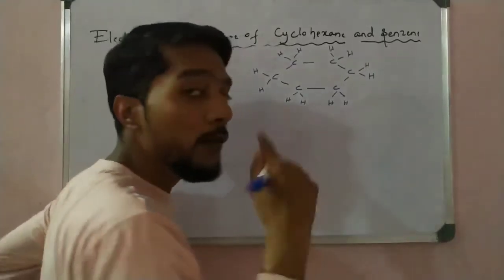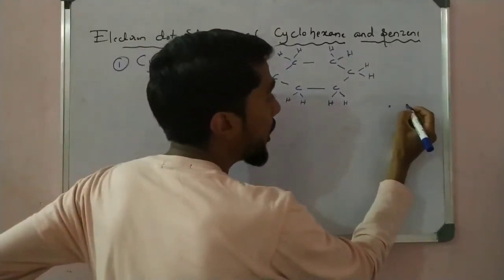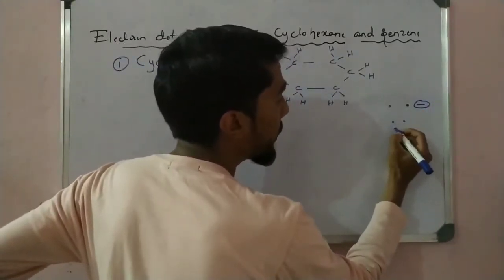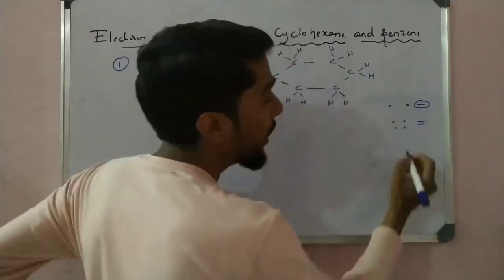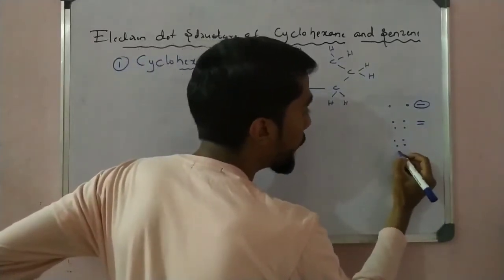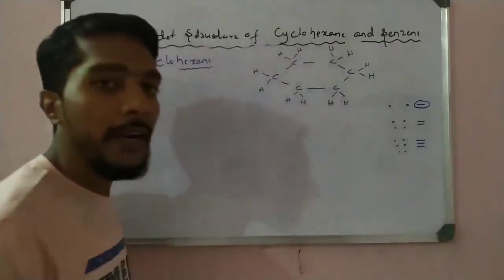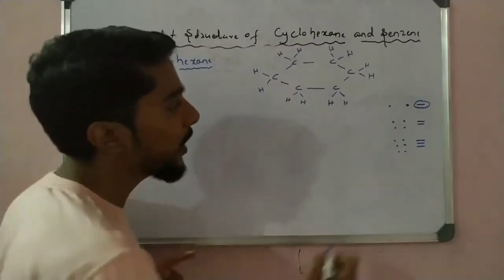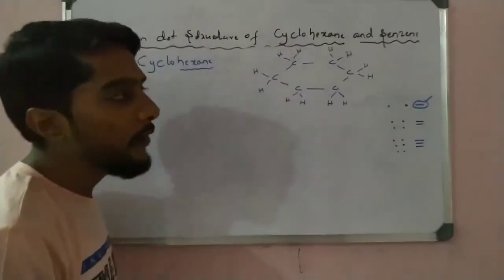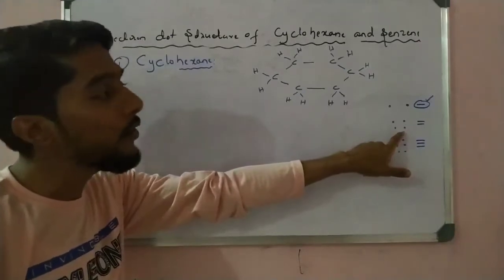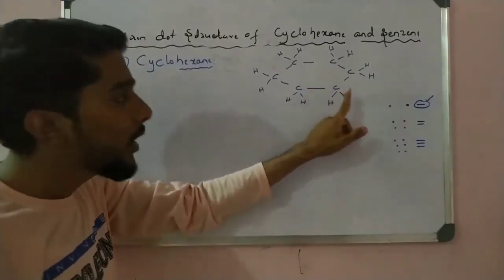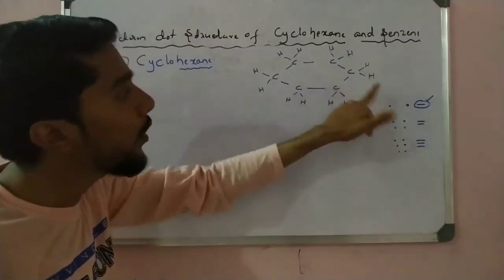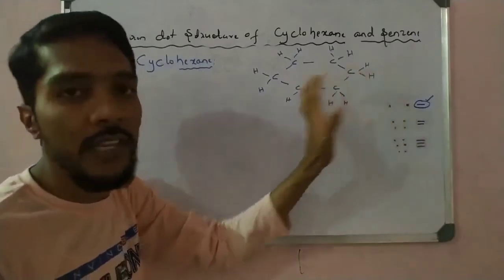We know from the previous videos that if one electron is shared, it means a single bond. If 2 electrons are shared, what happens here? A double bond. If 3 pairs of electrons are shared, a triple bond, right? So here observe that everywhere there is a single bond. If there were a double bond, it would be like that, but we observe that carbon-carbon single bond and carbon-hydrogen single bond mean only 1 electron is shared. So we draw between carbon and hydrogen like that. That is the answer, right?